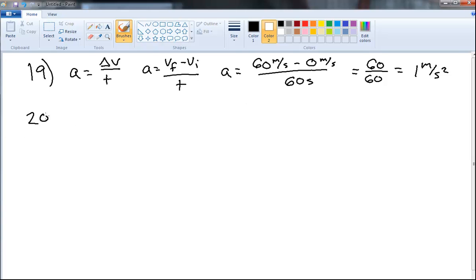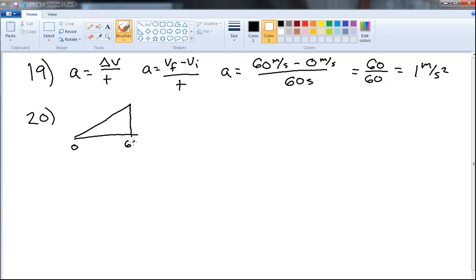Number 20. How far did car A travel in the interval between T0 and T60? So in this case, they're looking for the total distance traveled. If we want distance from a velocity versus time graph, or speed versus time graph, we need to find the area underneath. So in this case, we have car A, it's making a triangle shape